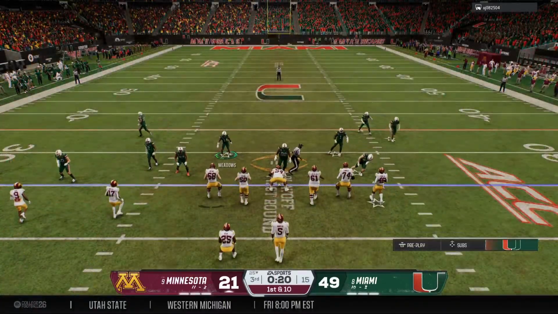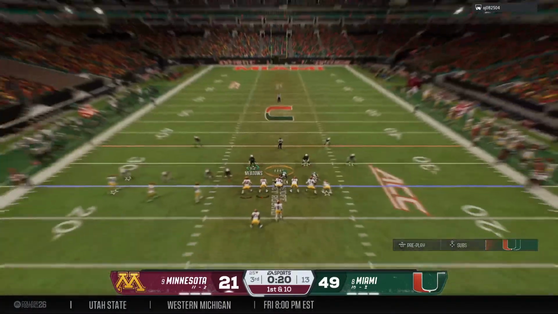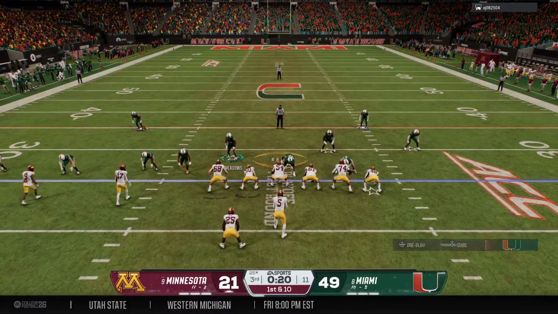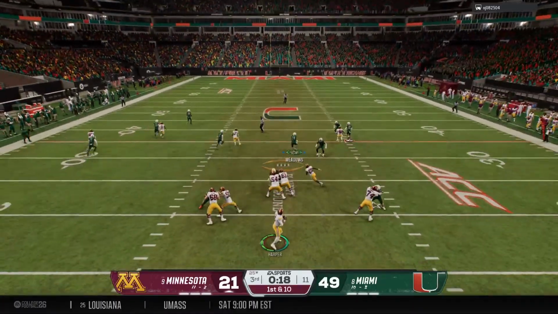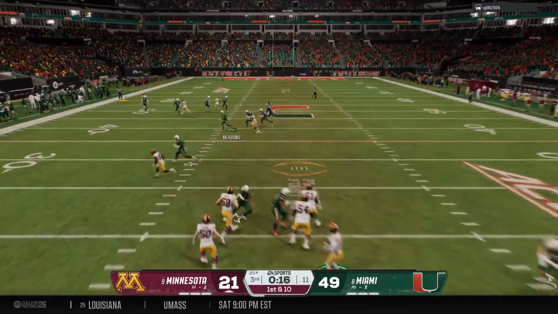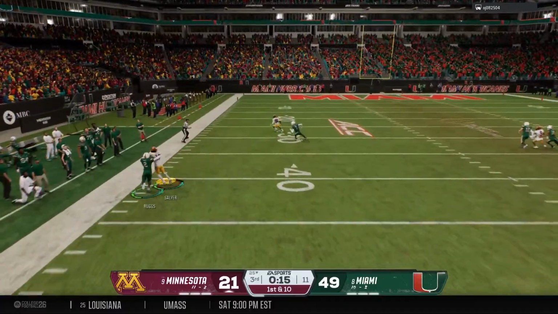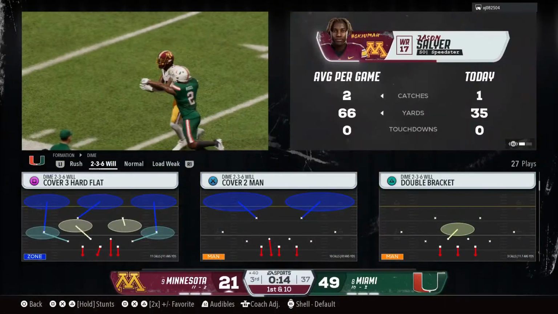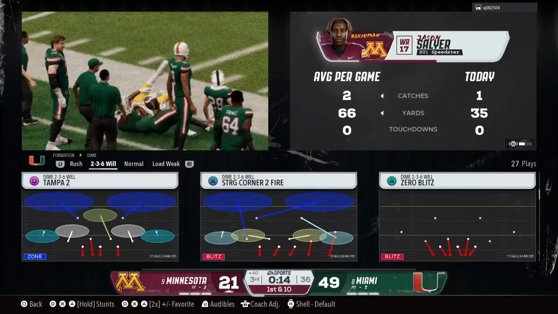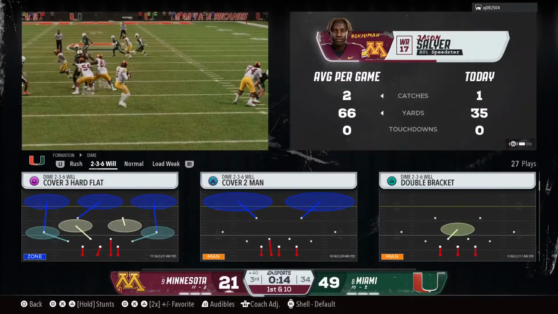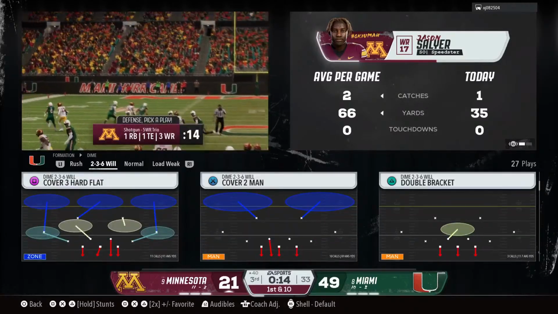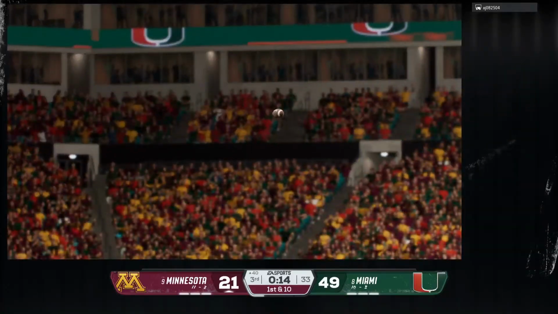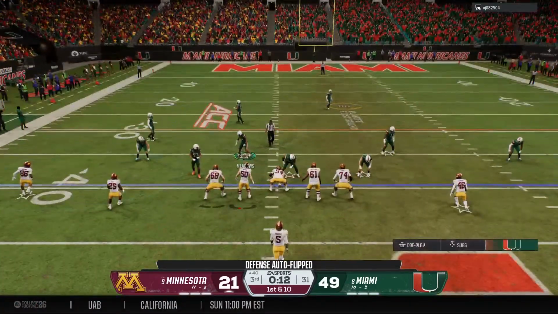And the first play of the drive now from the 25. Off the play fake, looking to throw on 1st down. And he's going to take a shot down the left side. It's caught. They will rule that a catch. A huge gain through the air. That is great arm strength and accuracy by this quarterback. And let's not forget the wide receiver's job of bringing it in for that big gain.